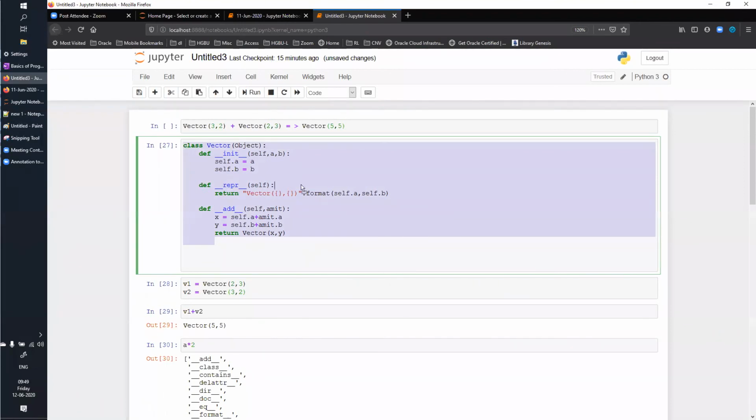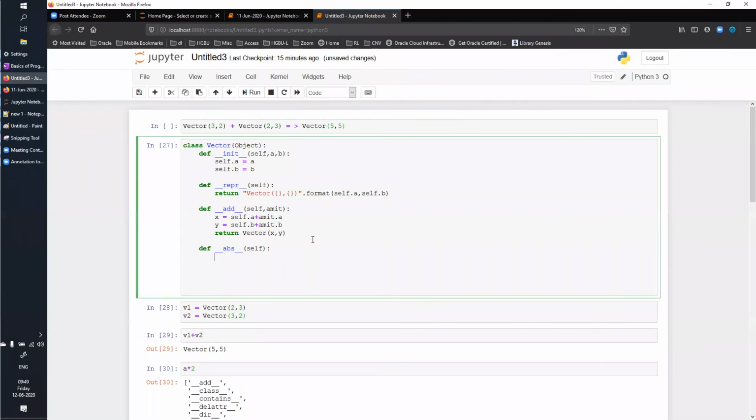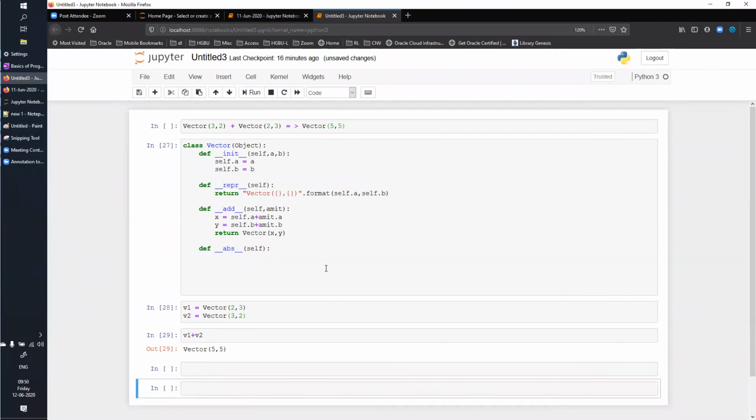Okay. So this is the simple idea that you will need to apply and solve for the rest of the problem. As in representation and addition, I have already shown here. You will need to do it for multiplication, subtraction, and even for absolute values. For absolute values, you will have def double underscore abs double underscore. It will take just one vector, because absolute works on just one vector. And what is the absolute value of a vector? Like you have ai plus bj, then the absolute value is the square root of a square plus b square, right? Guys, yes, no? Is it clear? Yes, sir.